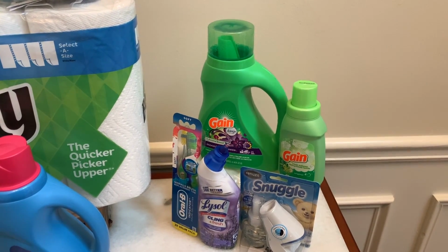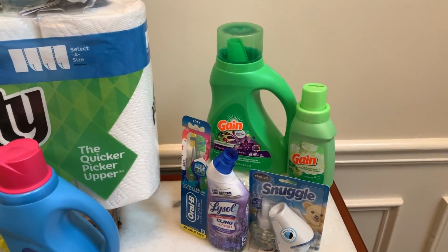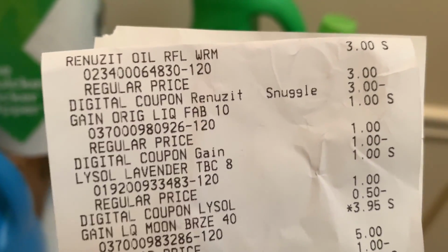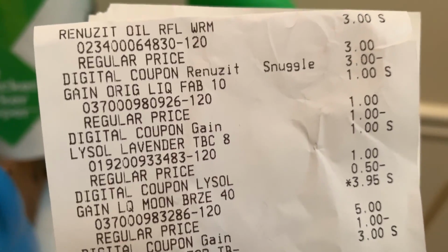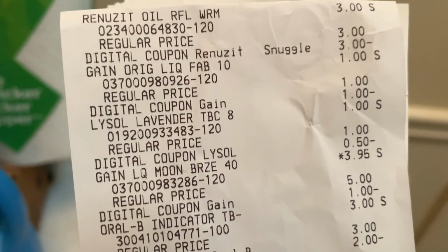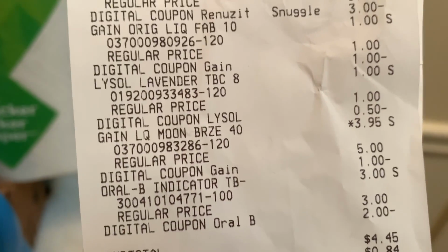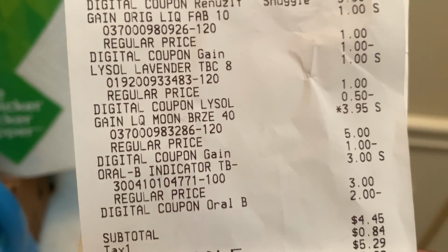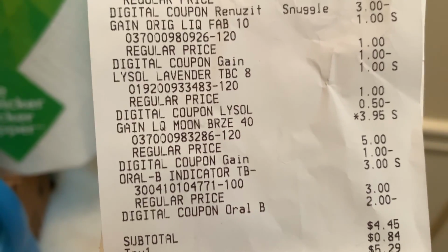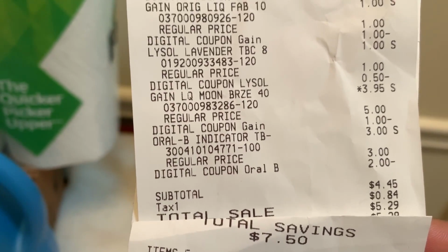So I got my Gain fabric softener, my free Snuggle, and my Lysol, and my double pack of toothbrushes. So let me show you the breakdown on that. Let me show you my receipt for that little deal. This is my free Snuggle. There is my Gain for free with the $1 digital. There's my Lysol for 50 cents. There is my Gain liquid laundry detergent for $2.95. And then there is my double pack of toothbrushes that came out to $1. Subtotal came out to